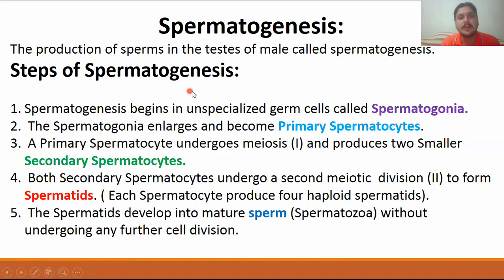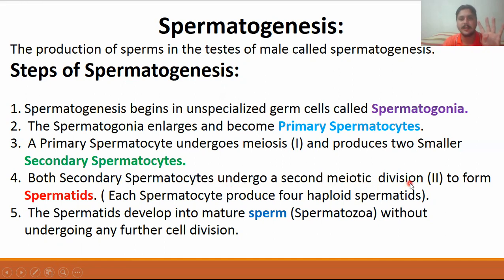There are different steps of spermatogenesis. The first step is the development of the spermatogonia from the germ cells, by mitosis in the germ cells. These spermatogonia then enlarge and become the primary spermatocyte, and then these primary spermatocytes enter into the meiosis phase. Meiosis is the reduction phase in which these primary spermatocytes are divided into two cells, named the secondary spermatocytes, and after that, in the second meiosis, meiosis 2, the secondary spermatocytes then develop into